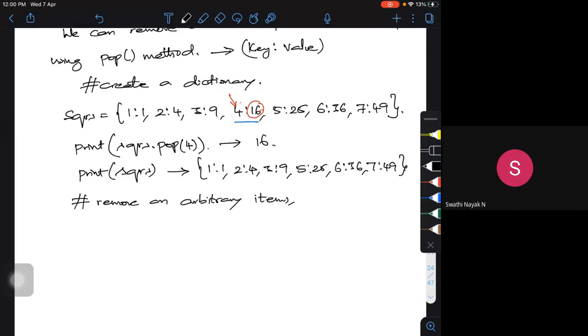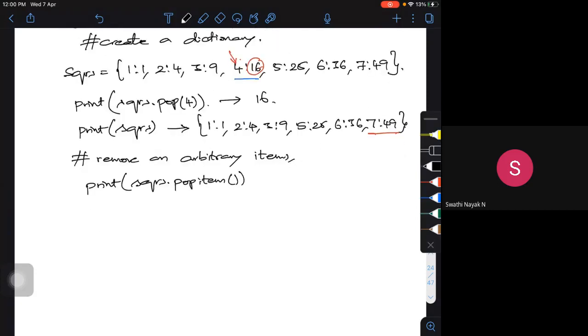So what is it going to do? If I want to do this, say print SQRS dot popitem within the braces. The moment I do this, it's going to remove 7:49, usually the last item. Now if I print SQRS, what will be my output?